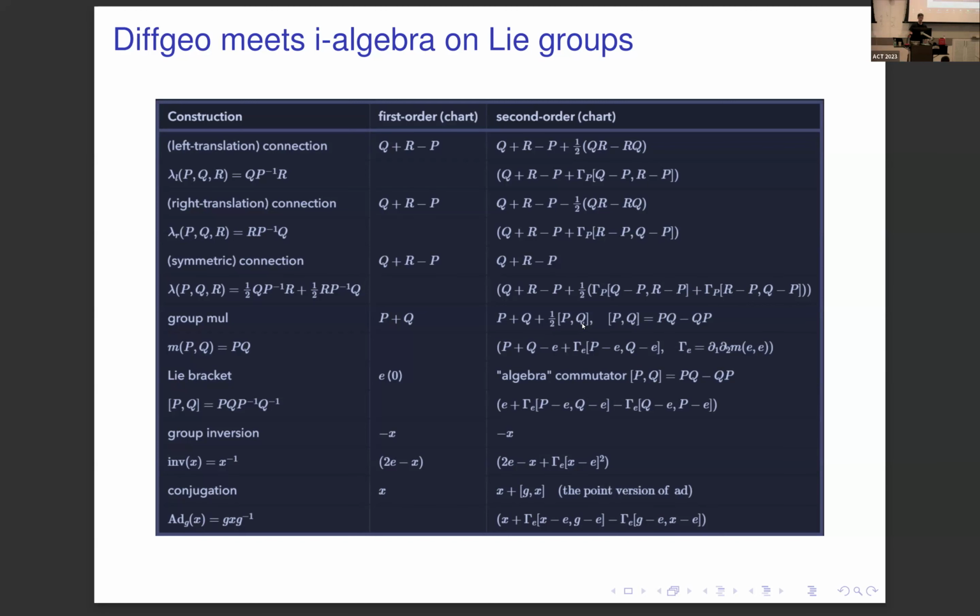Yeah, something that we're already familiar with from SDG is that actually the Lie bracket is also the group commutator. You can look at that inversion is just point reflection at the identity. I hope that shows a few examples of how group theory really connects to differential geometry. And those of you who maybe have done differential geometry and have seen how you construct left invariant, right invariant connections and so on, using classical differential geometry will hopefully appreciate the beauty of this, the simplicity, and the very clear link that it has with what we know from algebra.